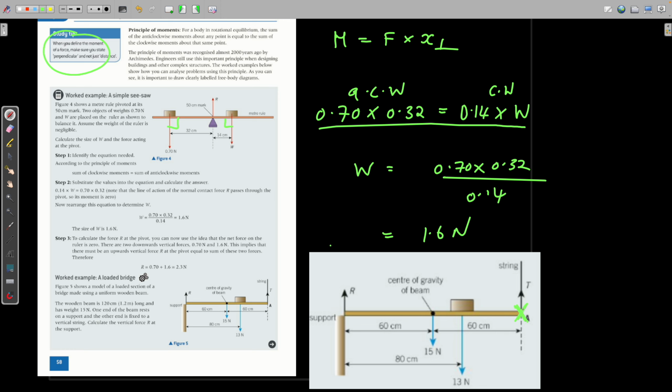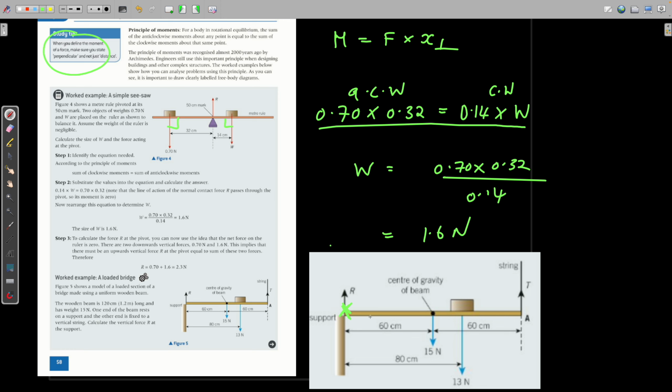can ignore it. And then you can calculate the moment due to the 30 newtons, the moment due to the 15 newtons, and then that must equal the moment due to the reaction force there at that distance. So that's where you take that pivot. You can actually take pivots anywhere, but it's more useful to take a pivot where it'll cancel out an unknown, like the tension. If you took the pivot, let's say here at R, take the pivot there, then you could